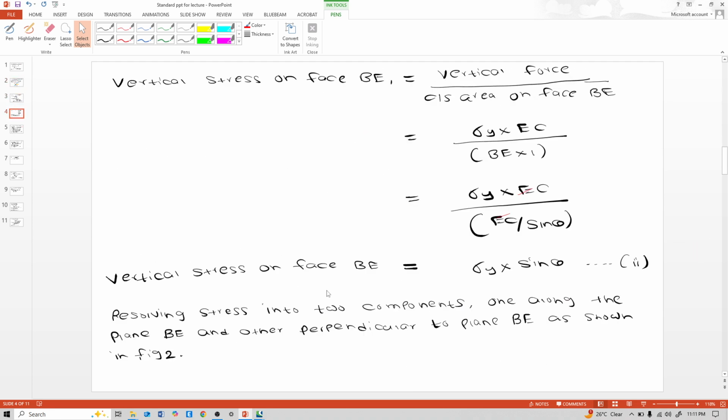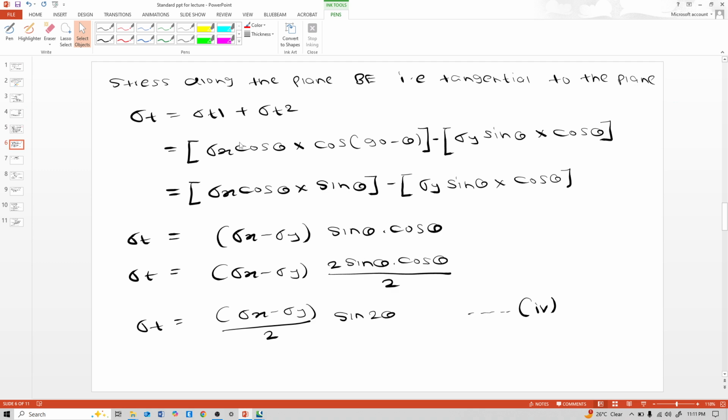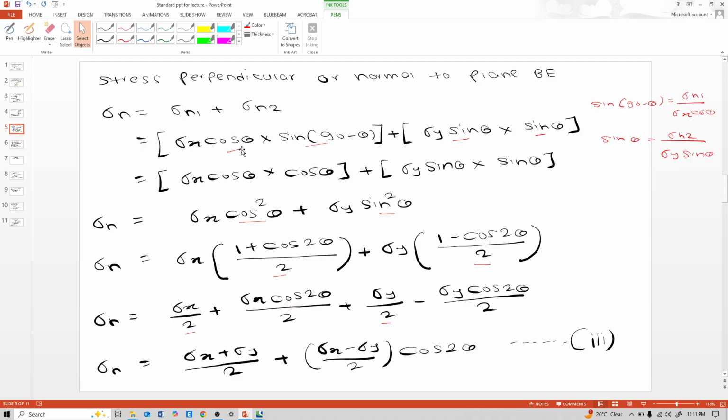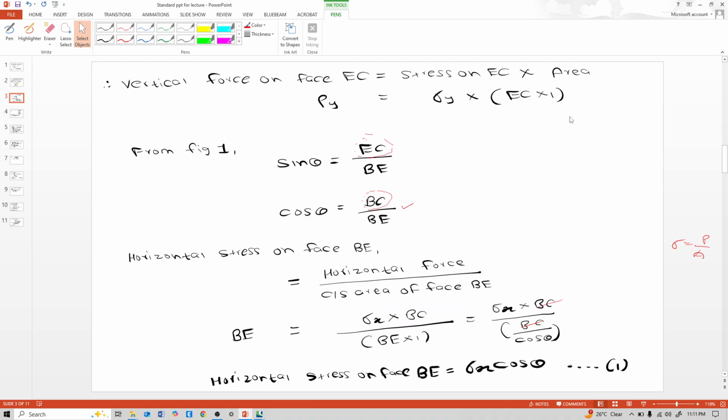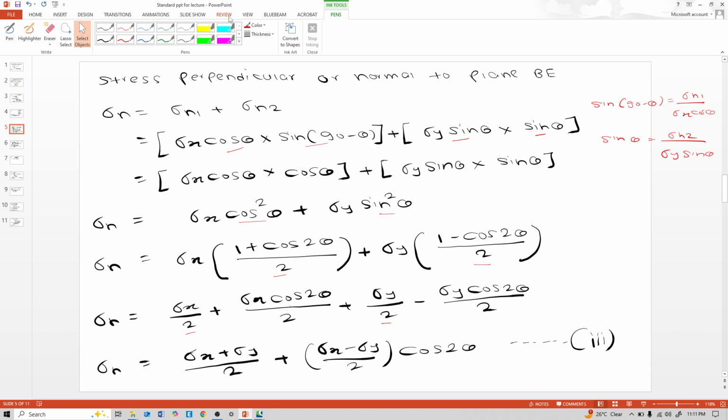Sigma T1, see this figure, use opposite side upon adjacent side for the tan formula: tan of 90 minus theta is equal to sigma n1 upon sigma T1. Therefore sigma T1 is equal to,